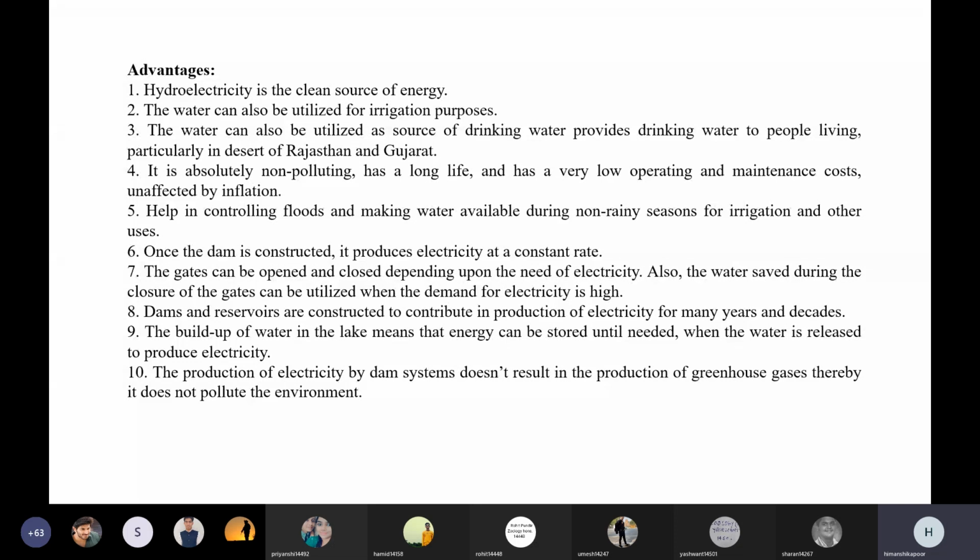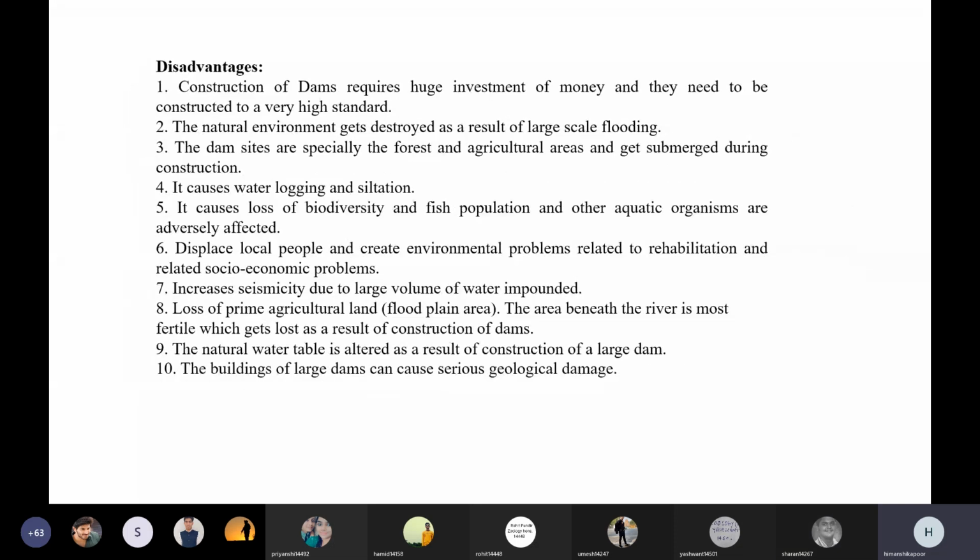Clear? Yes. Now coming to the disadvantage. Here we cannot say that the disadvantage would be that it is very dispersed. Obviously the flow of water depends from place to place, but here the major disadvantage becomes the construction of the dams. So in exam, when you are asked about disadvantages or advantages, you have to weigh the